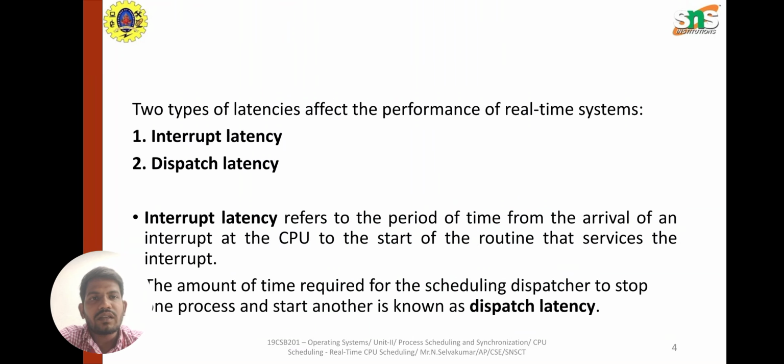Two types of latencies affect the performance of real-time systems: one is interrupt latency, and the second is dispatch latency. Interrupt latency refers to the period of time from the arrival of an interrupt at the CPU to the start of the routine that services the interrupt. The amount of time required for the scheduling dispatcher to stop one process and start another is known as